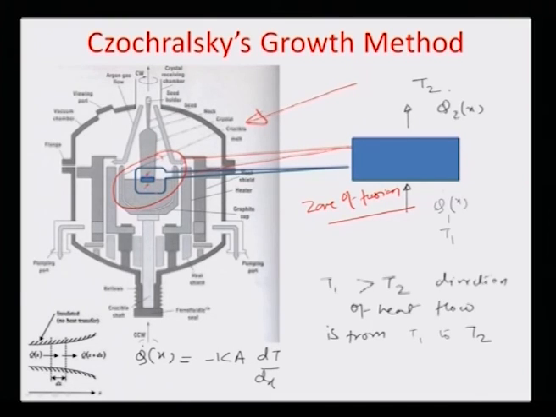So, if we apply Fourier's law of heat conduction, Q dot x, or the rate of flow of heat in the direction of x, is proportional to the interfacial area across which the heat is flowing. So, the interfacial area in this case can be thought of as going into the plane of this slide. Okay. So, this is the area across which the heat is flowing. This is also known as the heat flux area, okay. And then it is also proportional to the temperature gradient which exists in the material in the direction of flow